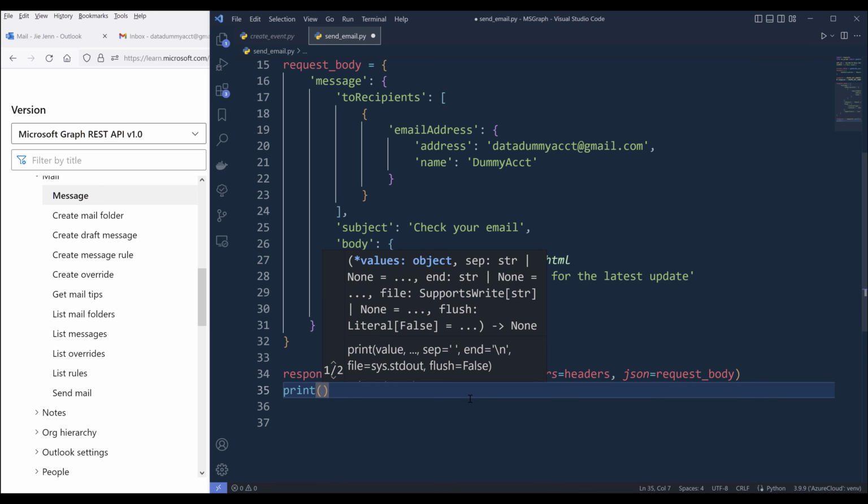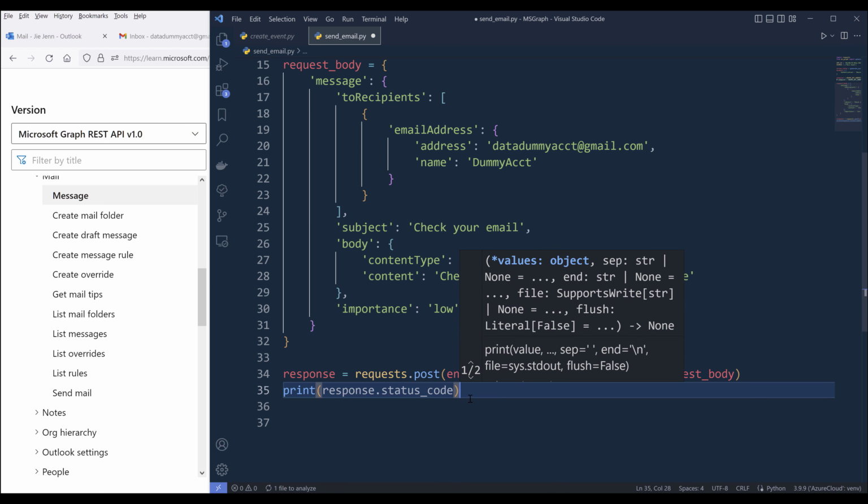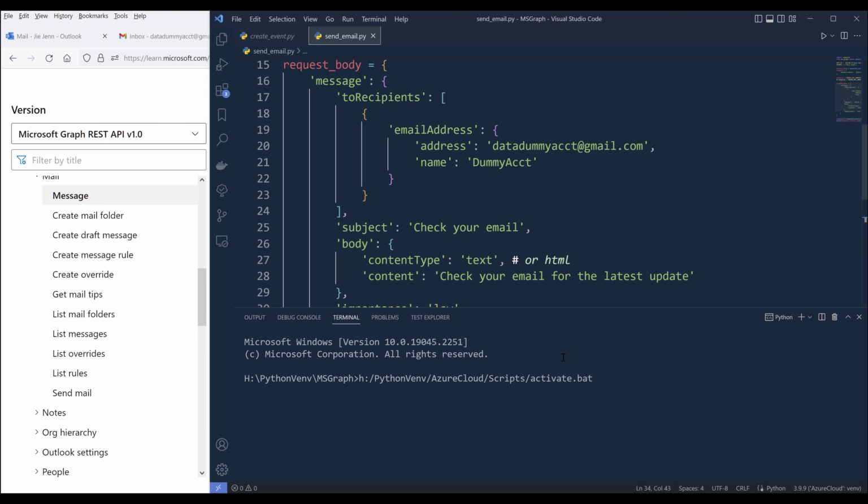Now here I'm going to print just the status code. When we make the post request, in this case, it's not going to return anything from the email itself. It will simply return the API status code. If I go ahead and press F5 to run the script,